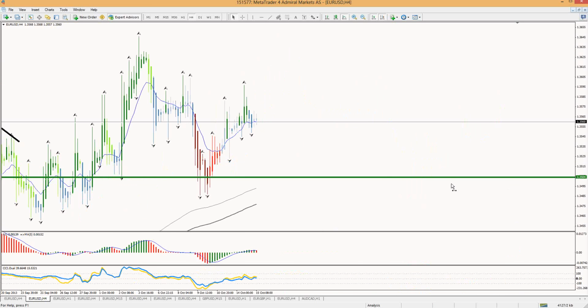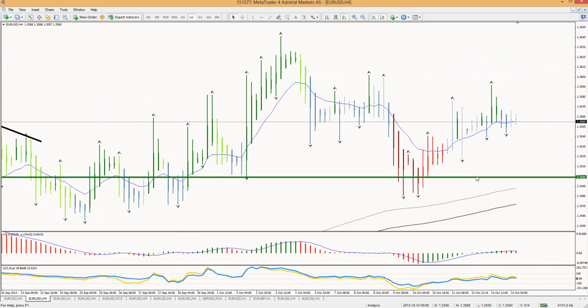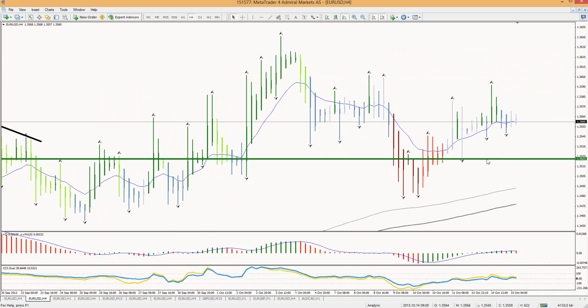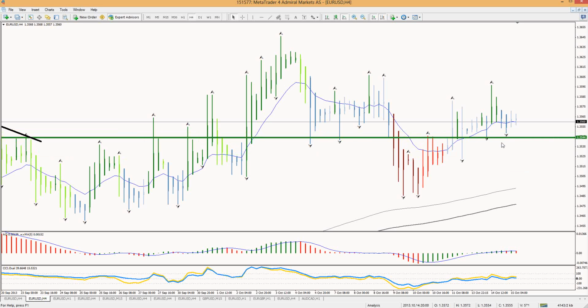Let's see. Yeah, once we break these 4-hour fractals, I would say that this one is kind of in the middle now. So that's why I don't think it's that important. This is the more important bottom. So I think we can see a retest of this bottom, not so much the middle level in there. Once we break, I mean, that level was important